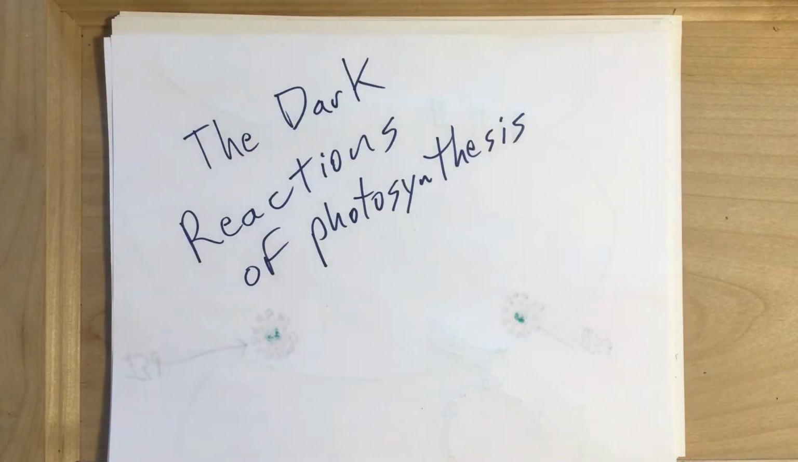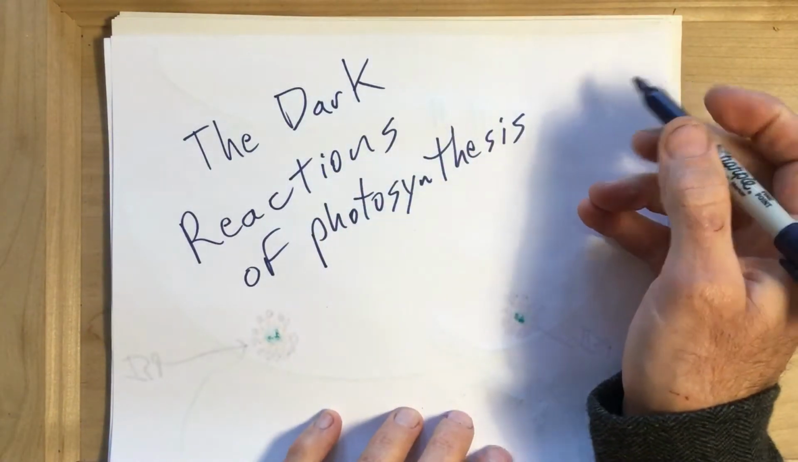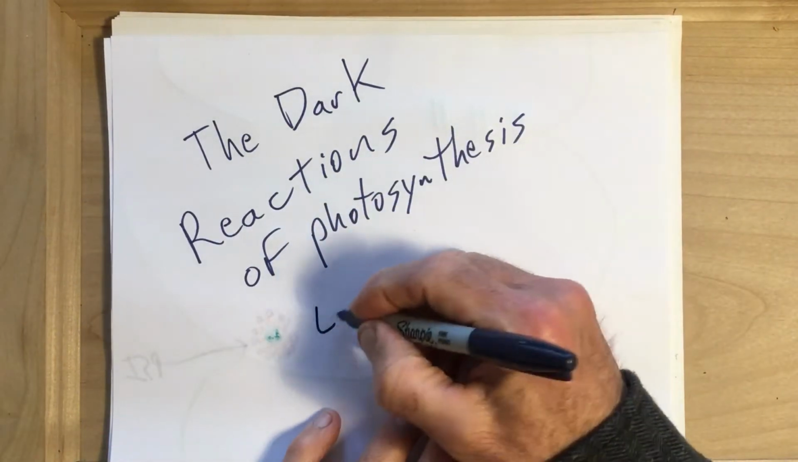All right. Let's start over again. Let's move on to the dark reactions. The dark reactions happen sort of simultaneously as the light reactions of photosynthesis. The dark reactions in your book are going to be referred to as the light